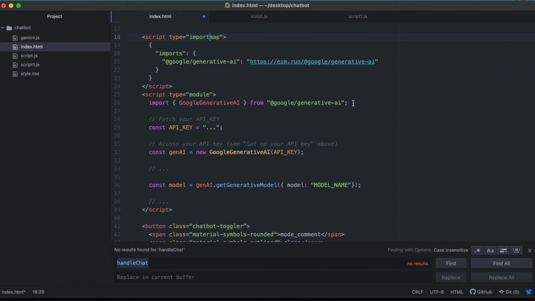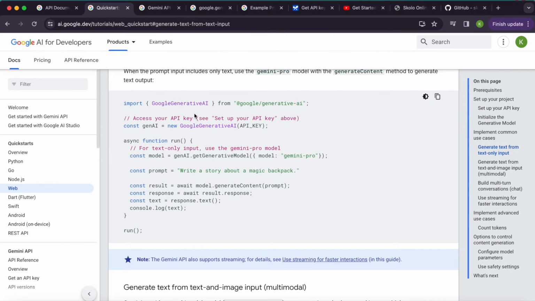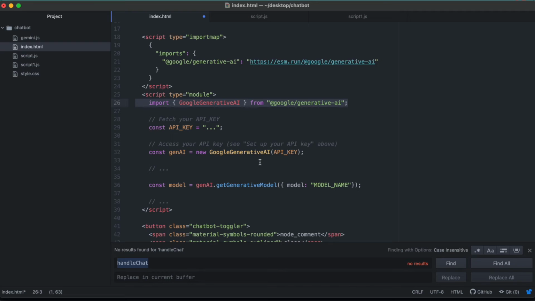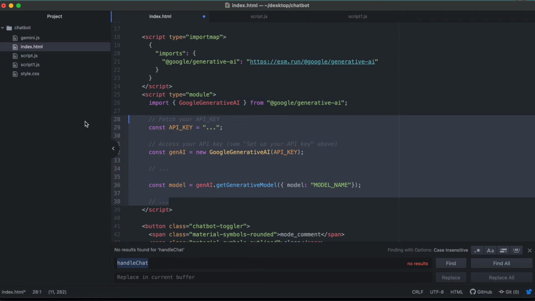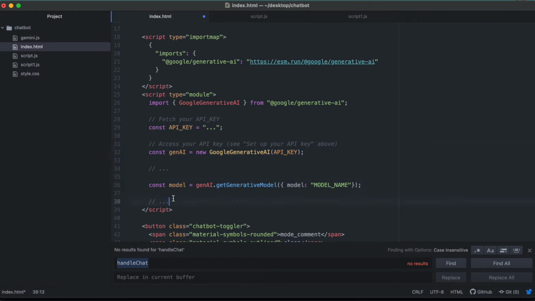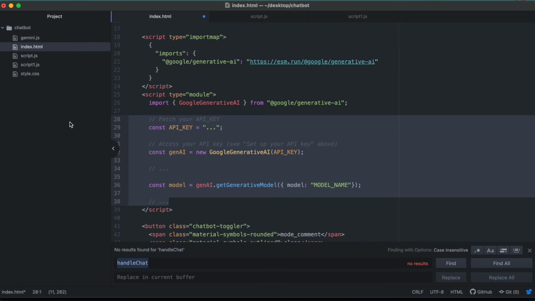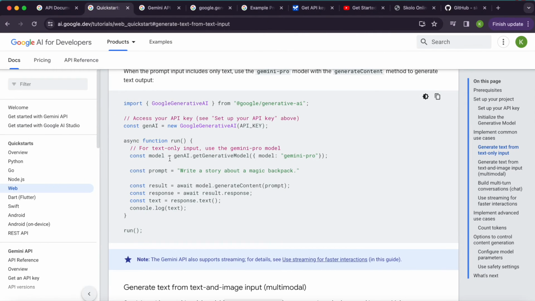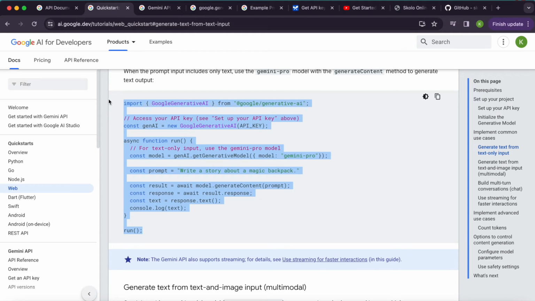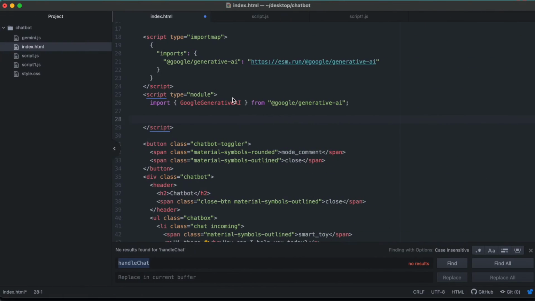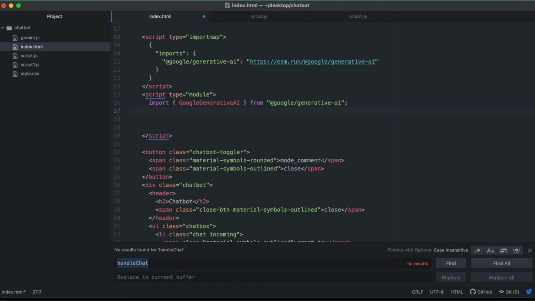So you import the Google generative AI at the top, and then you create a constant called Gen AI. I'm going to delete all of that, and I'm going to try and replace that with this. Okay, so if I paste that in here,